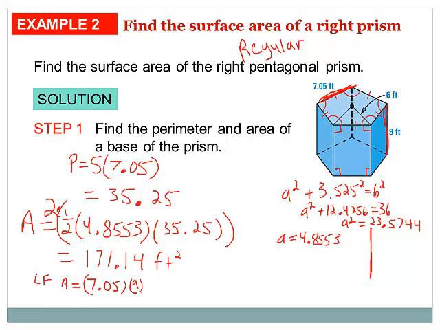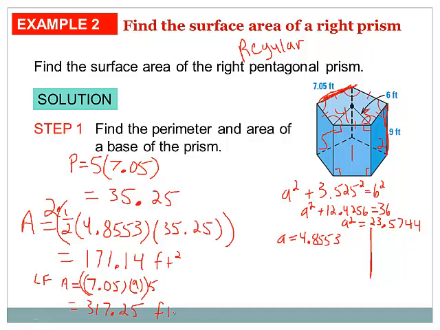And I would need to multiply that by the number of lateral faces that I have. I'm going to come up here and count them just so I'm exactly sure. I have 1, 2, 3, 4, 5. So that matches the number of sides of a pentagon. So I'd multiply this whole thing by 5. And what I would get for my lateral faces area would be 317.25